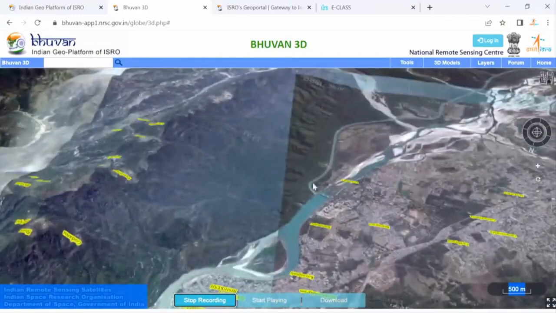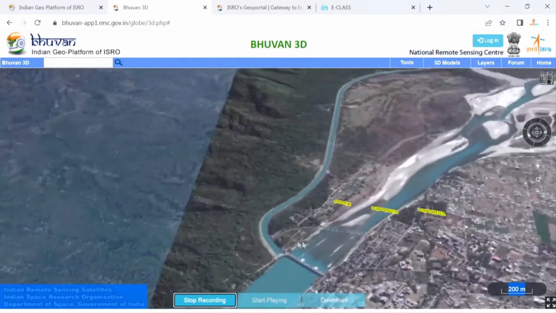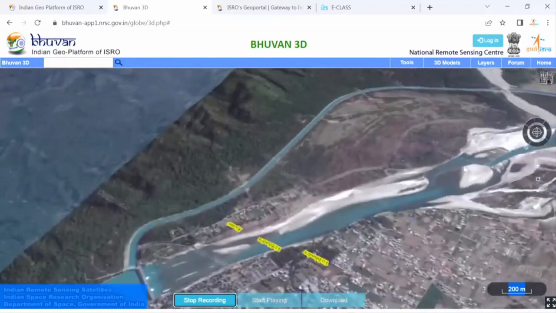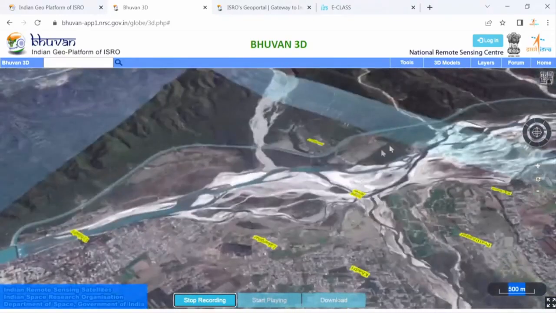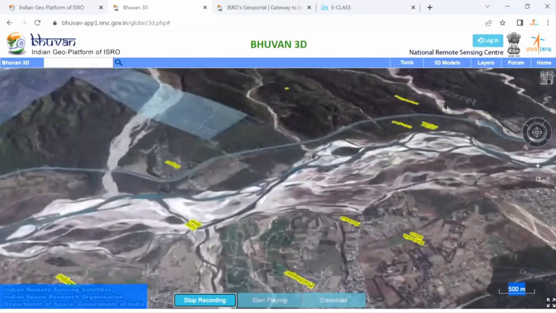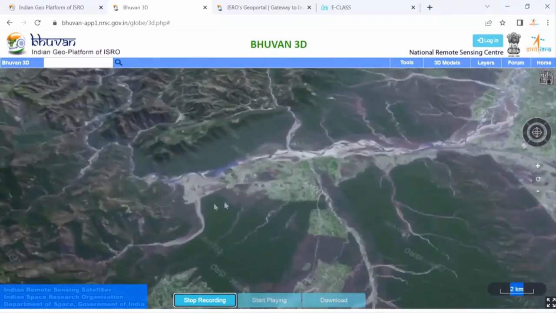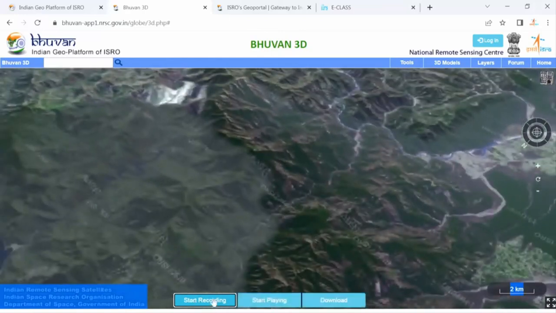Now if you see here, one canal is drawn like this. The signature of the canal looks something like this. It goes from here, where some water has been blocked, and from here it has been diverted for irrigation purposes. There it was for electricity, now here it is for irrigation, and this entire canal goes very long. The river is also going parallel. So we have created the fly through. Now we can just see it like this, and then stop recording.